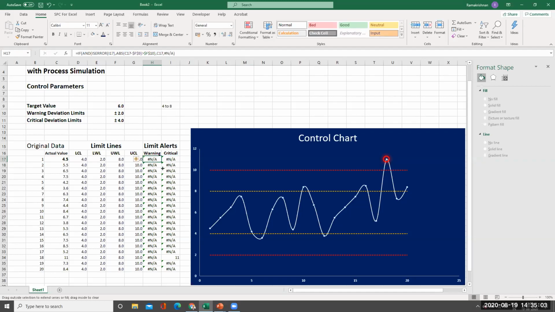This I'll just copy it here. Yes, now I got it, all the points, 1, 2, 3, 4, and 5. So the formula is correct. I have made a mistake here, F9 mistake. So now you can see all the points shown here. This not available error can be removed later on. I can make it blank later on using conditional formatting.